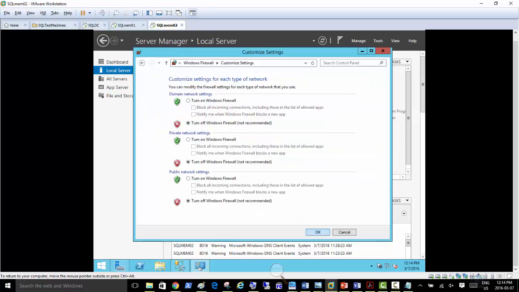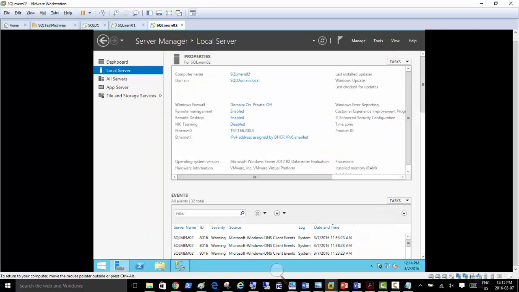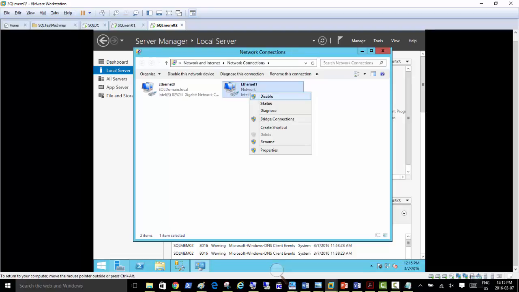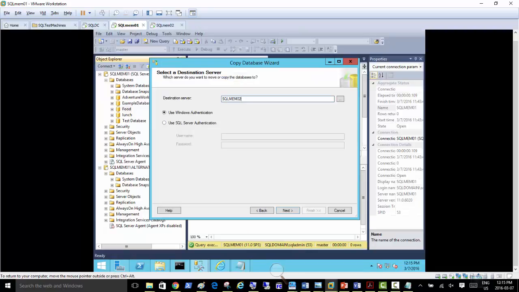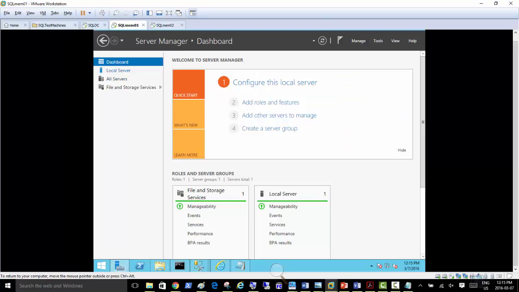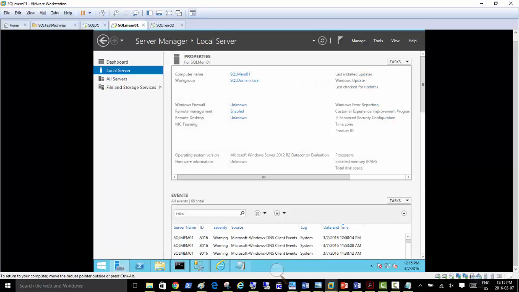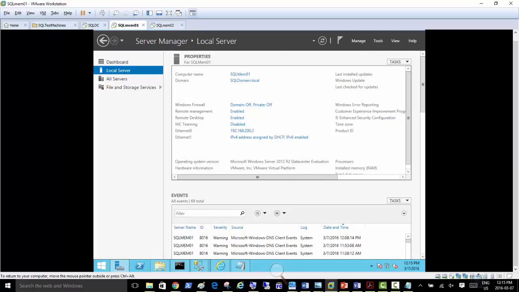Let's just turn it off. And second thing is I need internet, so I'll just disable the internet as well. So it should detect the SQL 2, and I make sure on SQL 1 as well the firewall is off. Yeah, it's off on SQL 1.